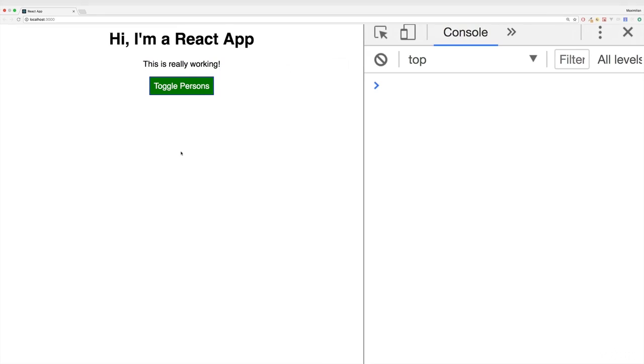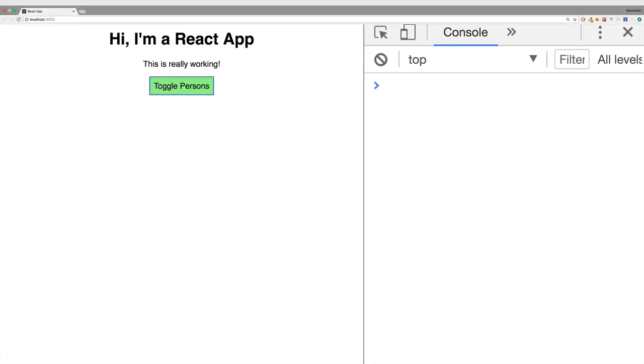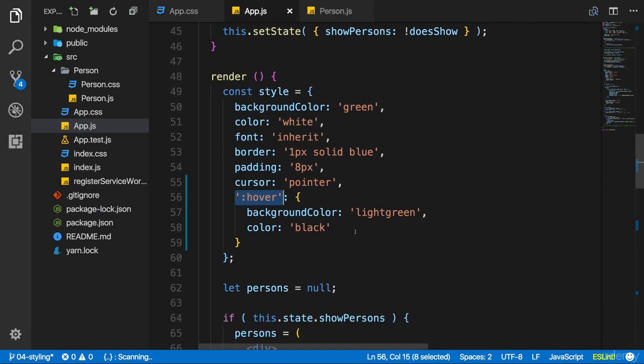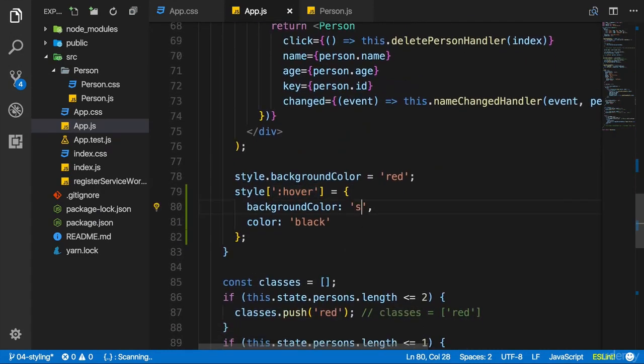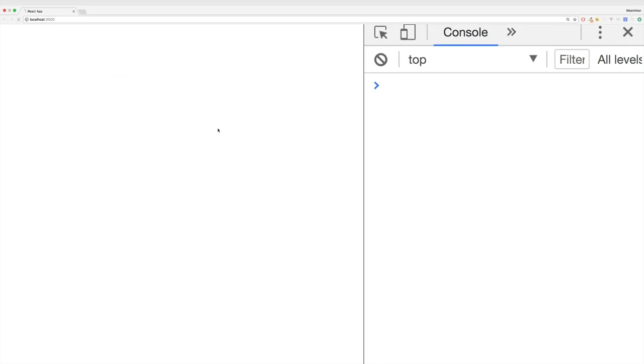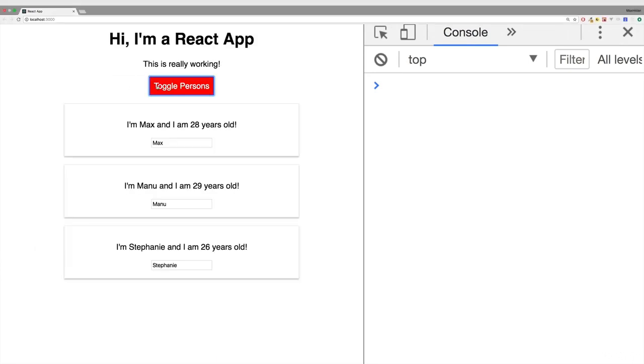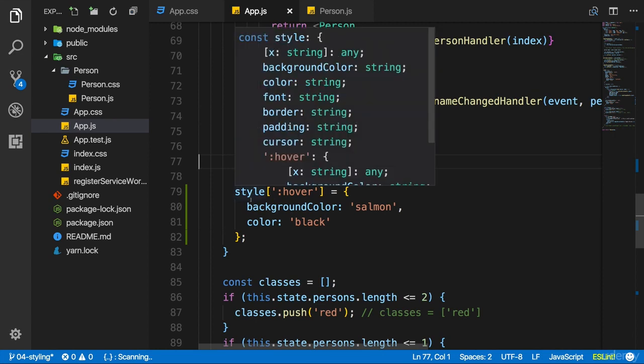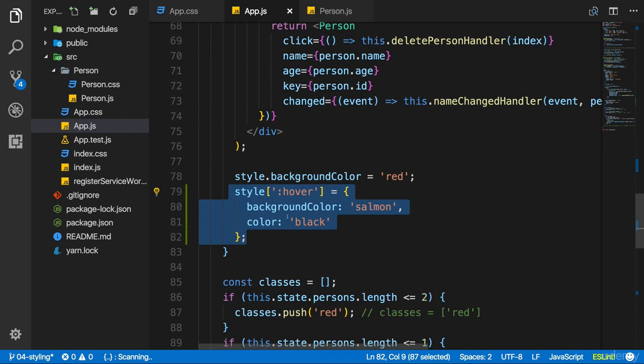Now, if you save this in all the other files and you reload your application, if you hover over the button, you see the changed styling. Also for the red button, though there it's not overwriting it to light red. So let's try a different color. Salmon does work, so light red didn't exist, but if I change it to salmon, now it works too. So this is pretty cool because now you have the best of both worlds. You have the normal CSS pseudo selectors you can add, and you still have scoped styles which you can easily edit from within your JavaScript code, as you can see here.